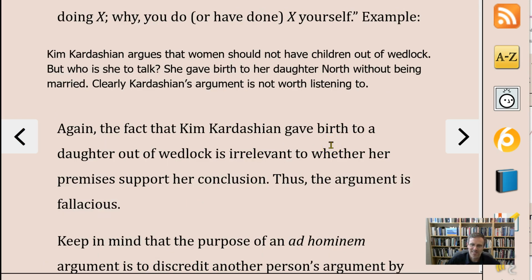Imagine that your doctor said, you really shouldn't be smoking. Smoking is bad for you. And then you found your doctor outside the hospital smoking right after he gave you that lecture. You might want to say, well, why should I listen to the doctor? He smokes too, so he's no person to tell me that I shouldn't be smoking. But realistically, the fact that the doctor is herself smoking is not itself evidence that what the doctor said is false. It just proves at the most that the doctor is a hypocrite.